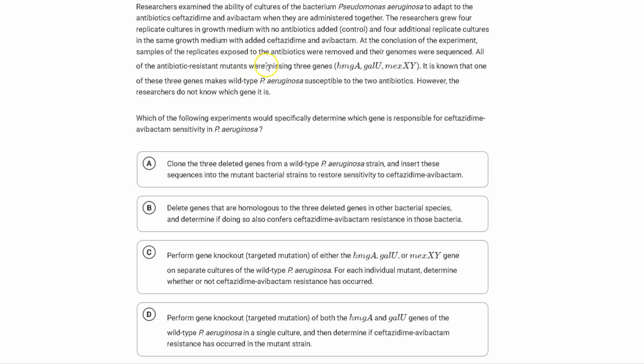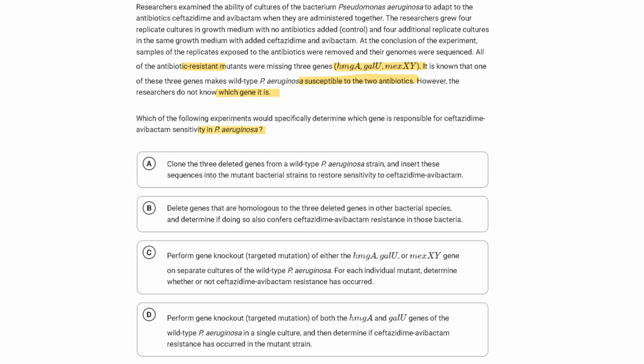All of the antibiotic-resistant mutants were missing 3 genes. Alright, so here's the data. Right? Missing these 3 genes. Antibiotic resistant. I would underline that. It is known that one of these genes makes wild type susceptible to antibiotics, right? However, the researchers do not know which gene it is. Okay, there's a problem. Which of the following experiments would specifically determine which gene is responsible for ceftazidime avibactam sensitivity